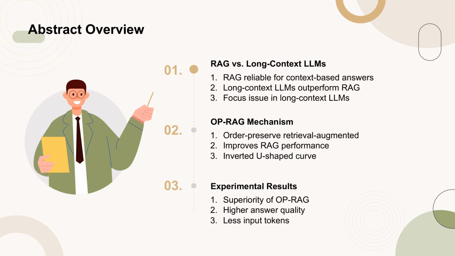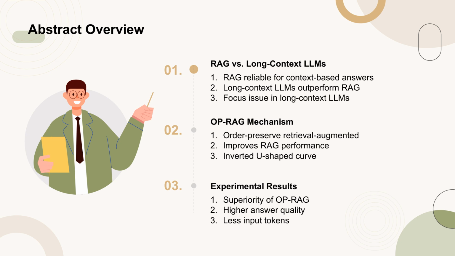The abstract discusses the comparison between retrieval-augmented generation, RAG, and long-context large language models, LLMs. While RAG has been effective for context-based answer generation, recent advancements in long-context LLMs have shown superior performance in long-context applications. However, the paper argues that long-context LLMs may suffer from a lack of focus on relevant information, potentially degrading answer quality. To address this, the authors propose an order-preserved retrieval-augmented generation, OP-RAG, mechanism, which significantly enhances RAG's performance in